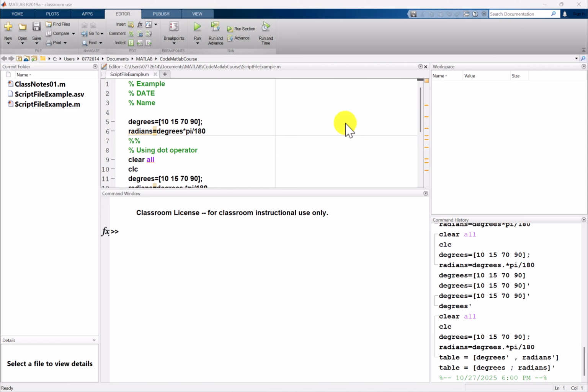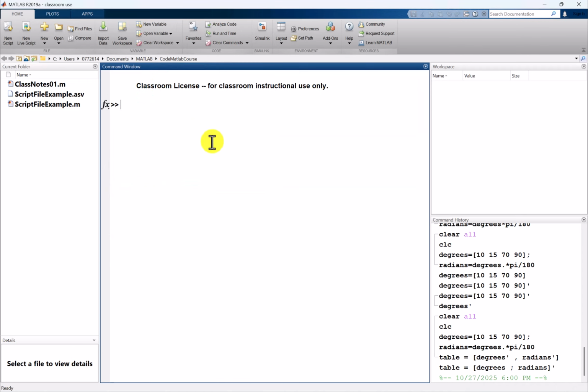Okay, so what I want to talk about now is the concept of built-in functions in MATLAB. I'm going to go ahead and close this script file here. And so MATLAB allows you to use what we call built-in functions. They're like libraries where you don't have to necessarily write the code from scratch, and you can call them from within MATLAB, either the command line or in your script file, and it'll make your coding a little shorter and